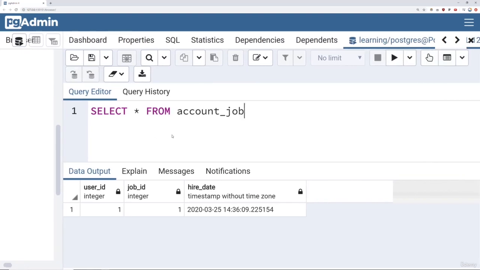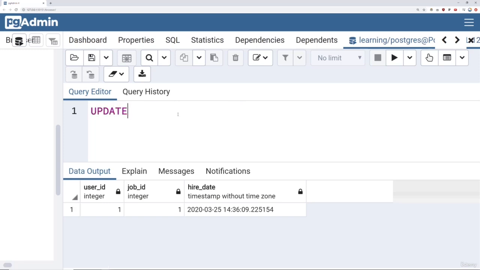Now, the procedure here is really just for syntax purposes. The actual logic behind this won't make too much sense as far as why anyone would want to change the dates for this hire date based off another table. So just keep that in mind. This is really just for a syntax example. Okay, so how we're going to do this